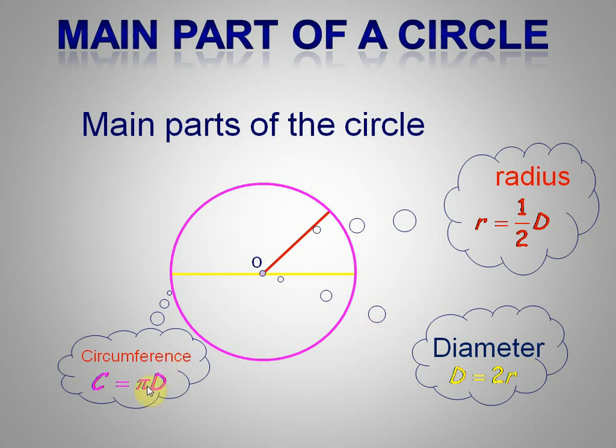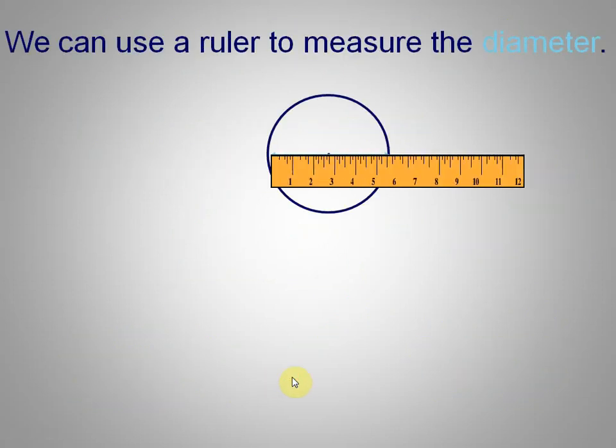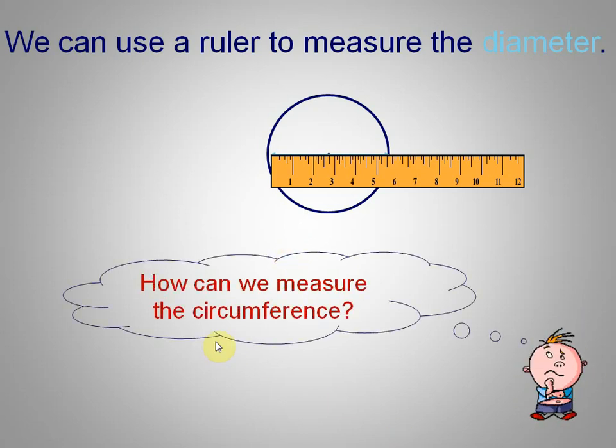Then the formula for the circumference of the circle is C equals pi times d, where d is the diameter, and for the pi, we're going to discuss what pi is. So when you are going to calculate the circumference of the circle, you can calculate the diameter of the circle. Now Micro is thinking about how we can calculate the circumference of the circle.